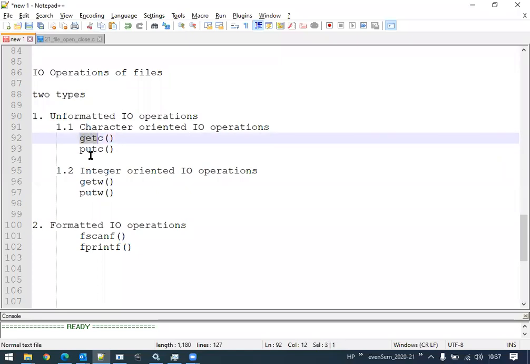Now what can you relate, students? There are two functions, one is a get and the other is a put. So we are discussing something input and output. What do you think, which one is the input function and which one is the output function among these two? Can you think of? So get is output. Get is output, okay. Put is input as per your understanding, right? Any other thoughts, students?